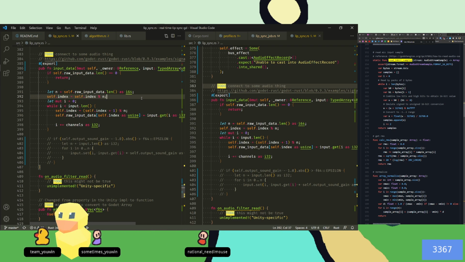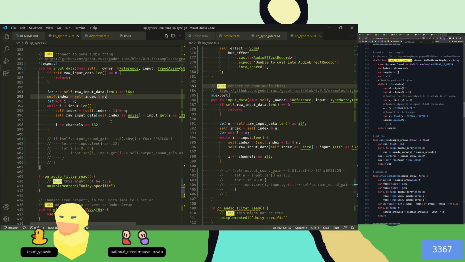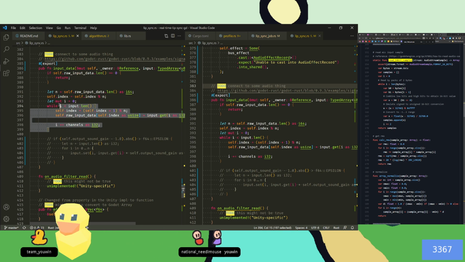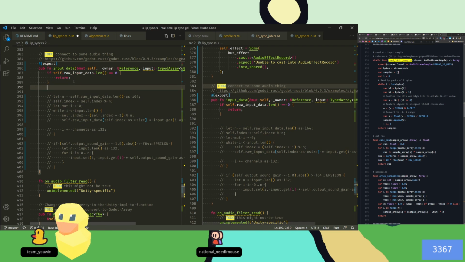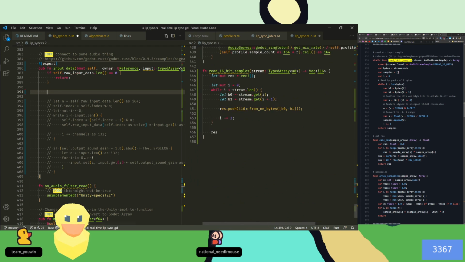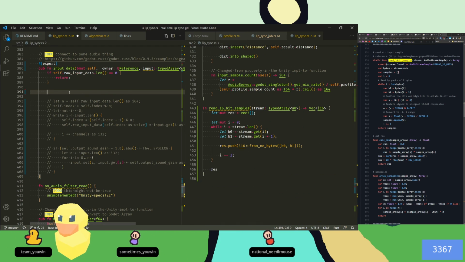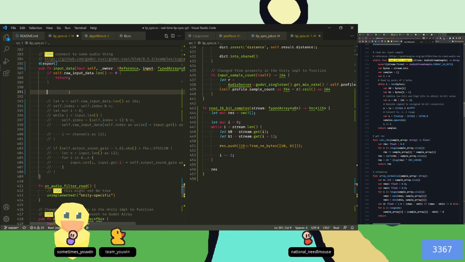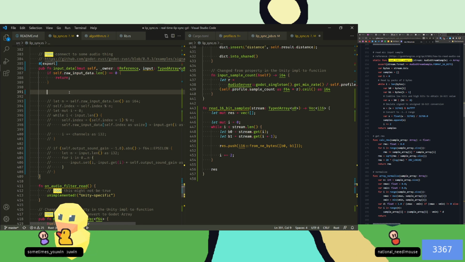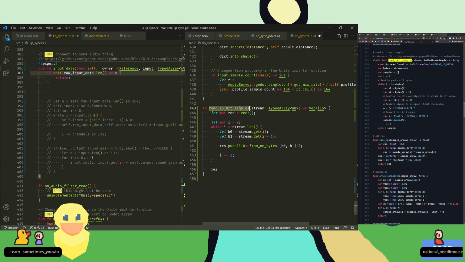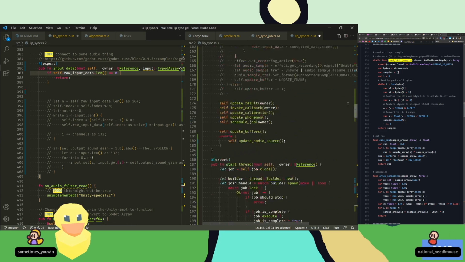Yeah, I don't think this makes sense. Input data. Let's just do this. Say goodbye. And then we have the lower function, read 16-bit samples. This will give me a vec of I16s. And then raw input data. Raw input data should be, where's raw input data? Raw input data should be,